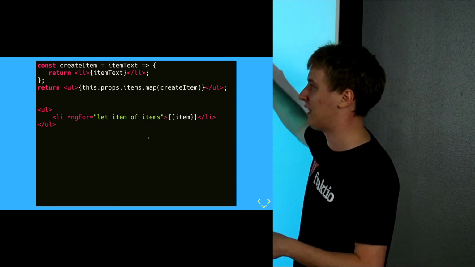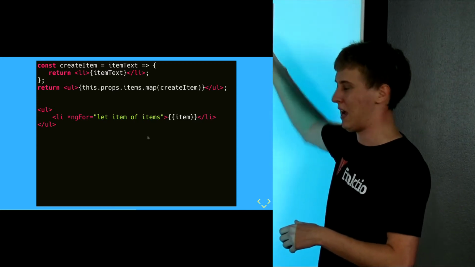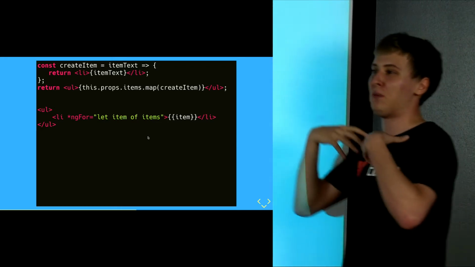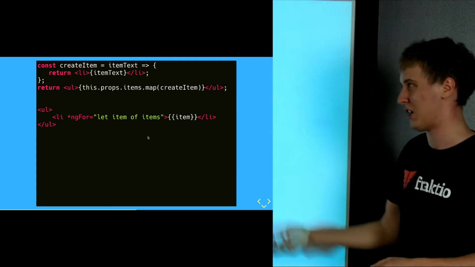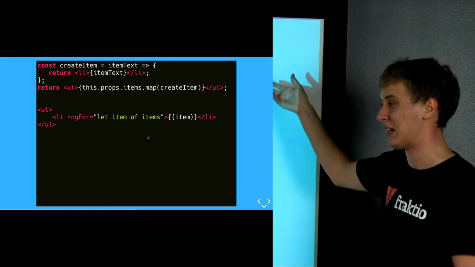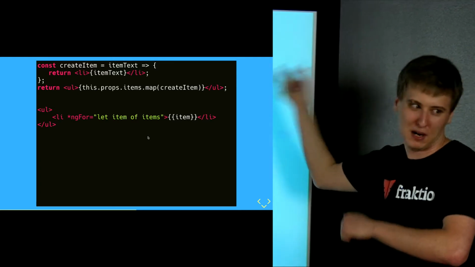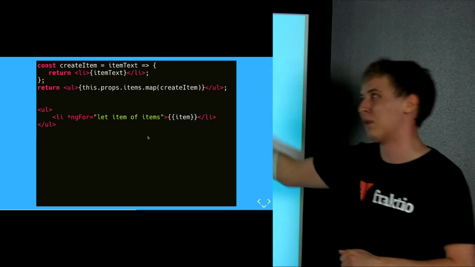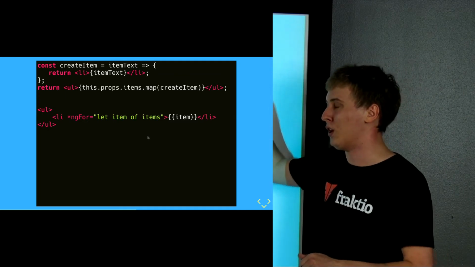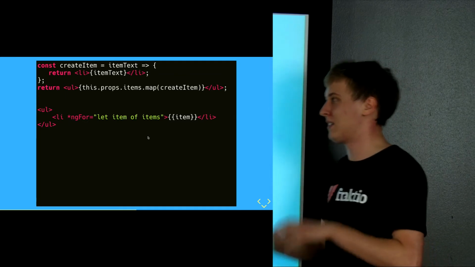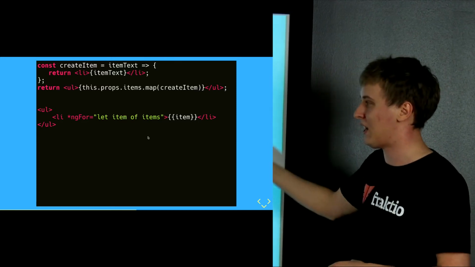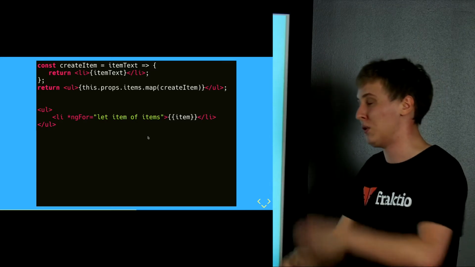Now, the key difference here, where React is better, is that it keeps track of stuff better than Angular due to the fact that React uses a virtual DOM. Angular doesn't use it. So it operates directly on the DOM, which is far more expensive than operating on the virtual DOM. So this is where the performance of Angular suffers compared to React. They're catching up slowly, but if you're looking for a more performant solution, it is way better to use React for small data sets, but it is better to use Angular for bigger data sets because you can do the same thing and it's much more efficient to iterate through.